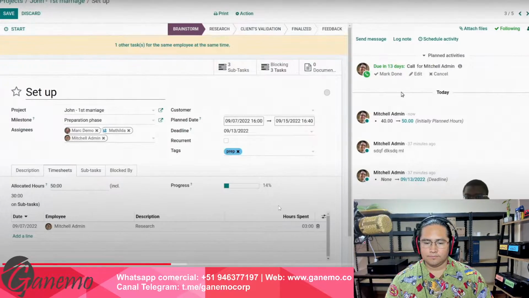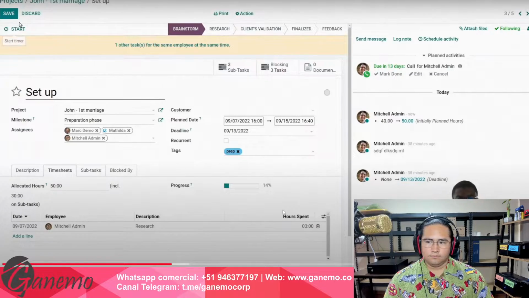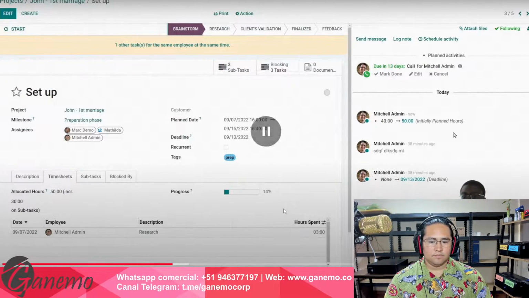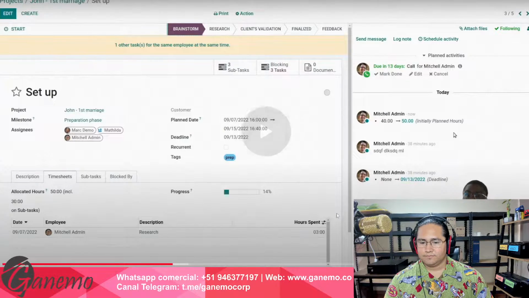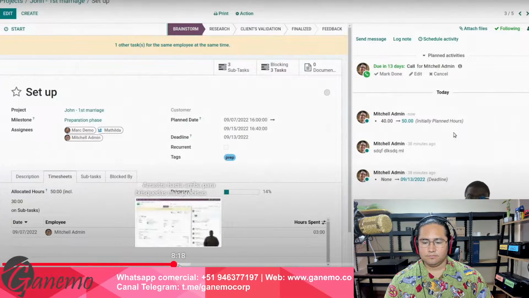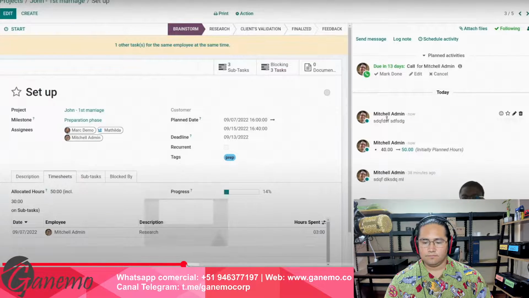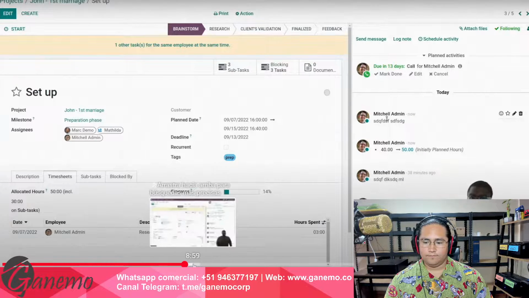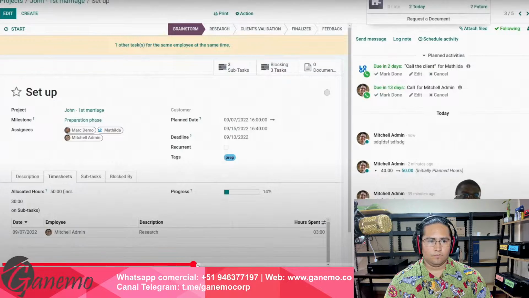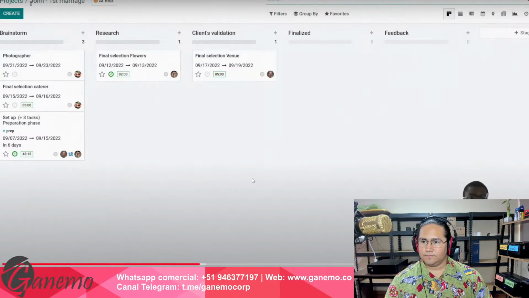What you can see as well here is that everything that I do within Odoo is updated here. Okay. Todo lo que hagan tus usuarios queda en el chatter de mensajes, ¿sí? Meaning that if I were to make any changes, whether it's me or any other employee, whether it's Matilda here or Mark Demo. When you start the day, usually what will happen is that todas las actividades que planifiques las puedes ver a través del reporte, el alertador de actividades. Es genial.